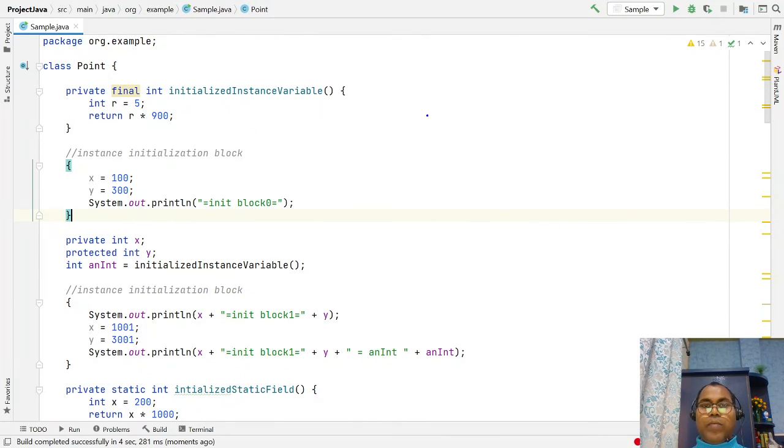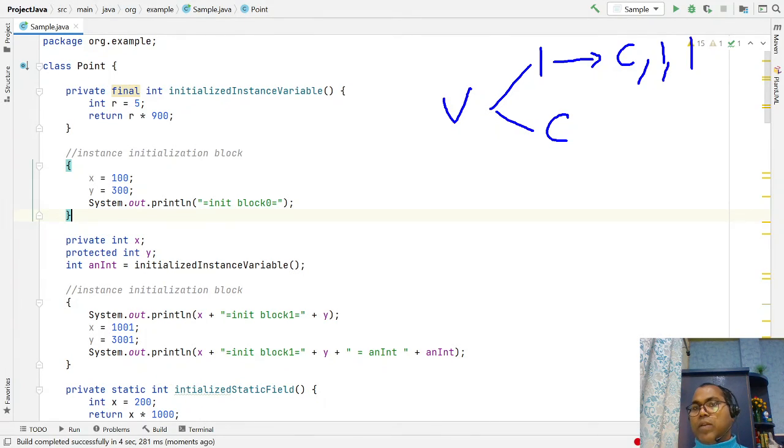So you have two kinds of variable: maybe an instance variable or maybe a class variable. For an instance variable you can initialize with your constructor, an initialization block, or with a private method. Multiple instance blocks can be created. Similarly, for a class variable, you can initialize in the static initialization block, or you can write a private method.